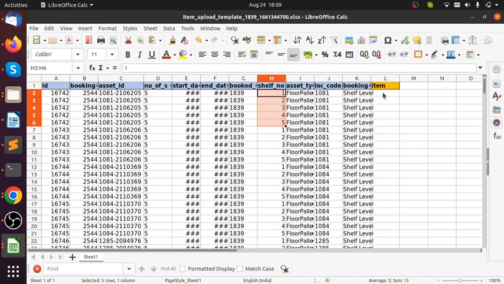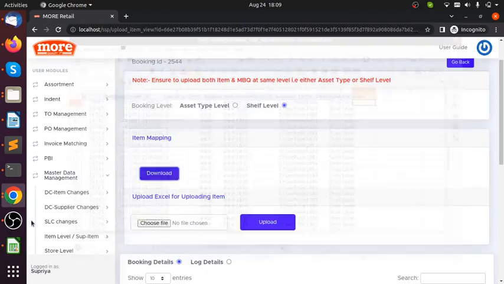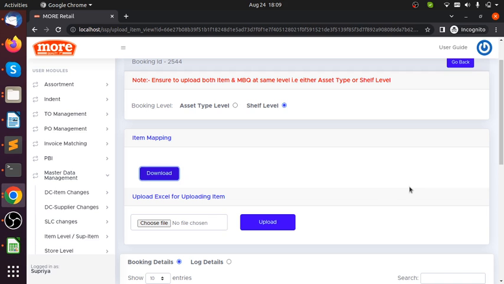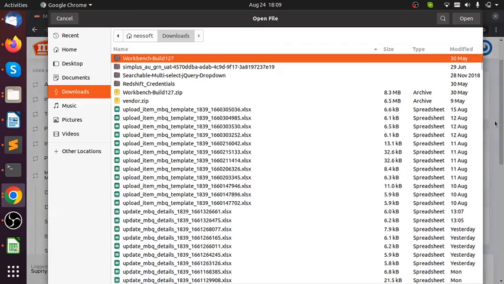We need to tell the system which item we are going to keep on shelf number 1 of that asset, on shelf number 2 of that asset, and so on. I have already filled a template here. This is the same template, and I have added items here. So when you upload this template,